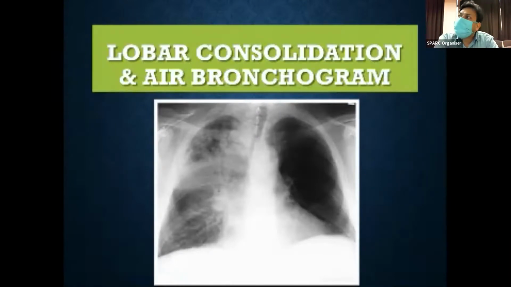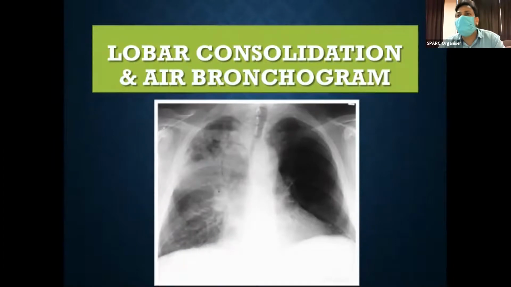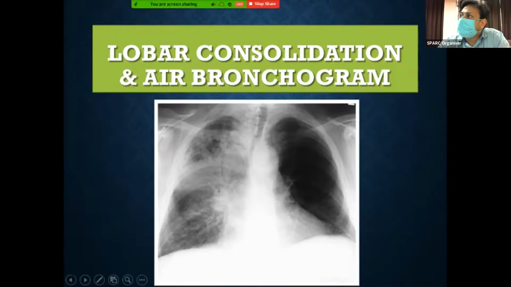Now coming to consolidation. In opposite to collapse, where the lung loses volume, in lobar consolidation the lung retains its volume, and the alveolar spaces are filled by some material like fluid, pus cells, blood or tumor cells. So in consolidation, the lung volume is maintained. The alveolar spaces are filled by fluid, exudates, blood, tumor cells, and they will produce opacity. So in this case, what we see is an increased opacity in the right upper zone. So this is a consolidation of the right upper lobe, because the right upper lobe occupies most of the lung in this portion.